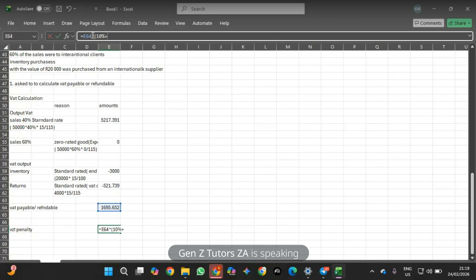plus whatever interest rate that SARS chooses to charge you, and that interest rate will also be based on how many months you have not paid them. So they'll keep on charging you that every single month, I think, if I'm not mistaken, I'll double check. The main reason they charge you this interest, whether every month or every period, is to ensure that you pay as quickly as possible and do not result in